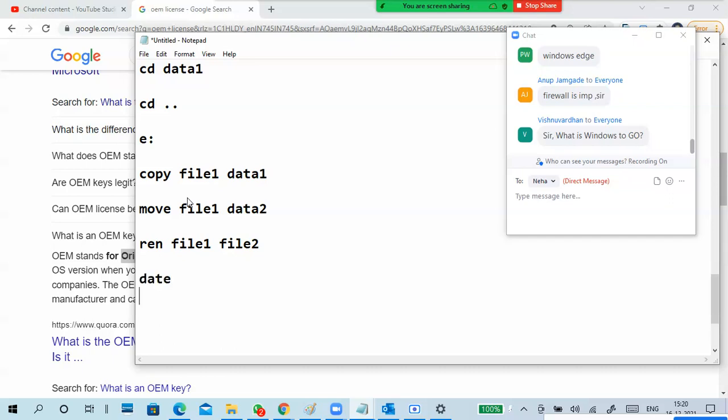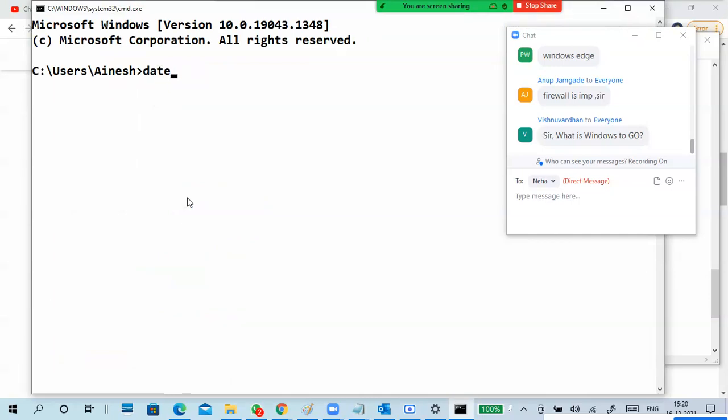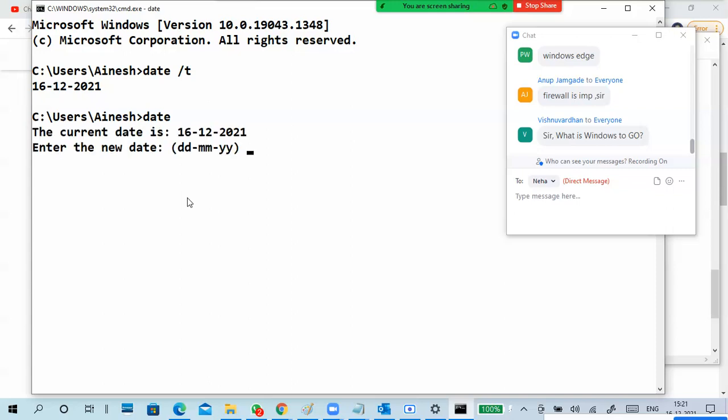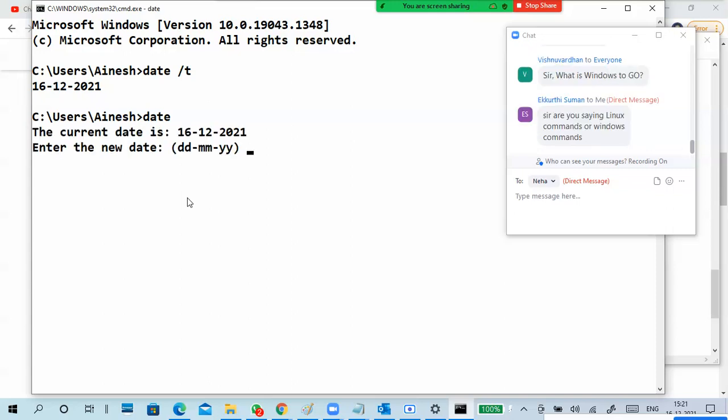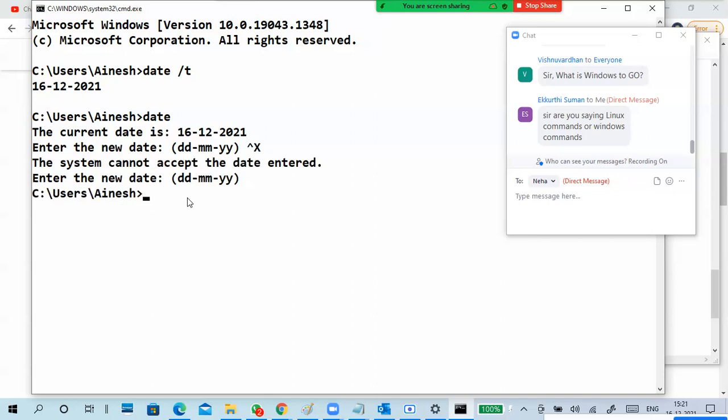Date, to look at the date use date slash t, only date. To change the date, you have to change it, then Control C, sorry.